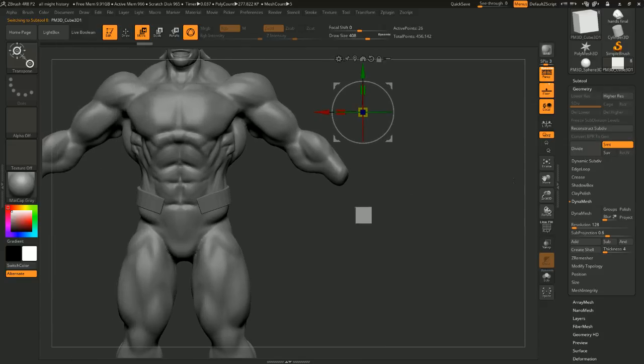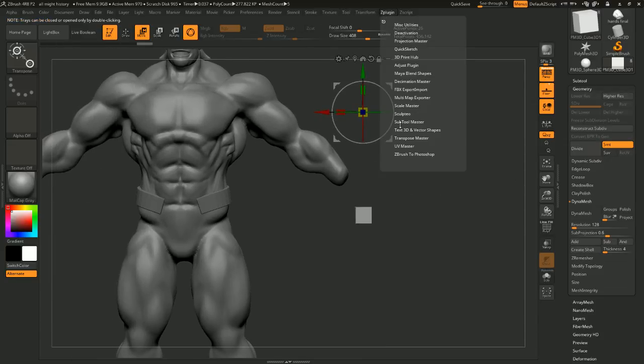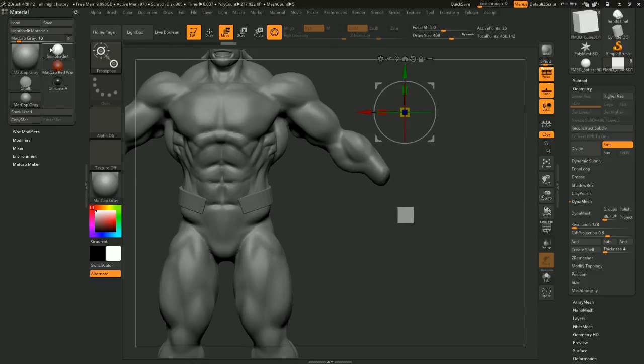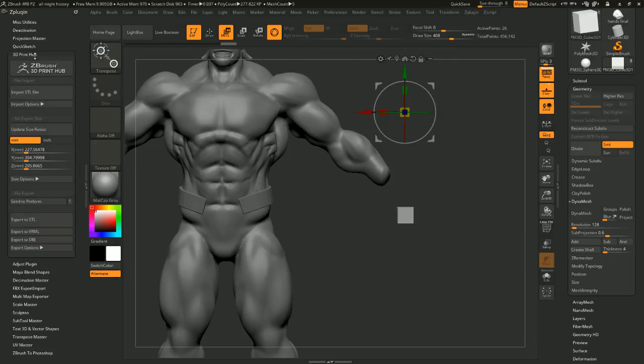But the way you can do it, you can scale it. There's a thing here in the ZPlugin option right here, where I can actually scale my model to any size I'd like. If I bring up ZPlugin right here, I have a thing, last year they called it something else, I don't recall what they called it last time. But right now it's called the 3D Print Hub,